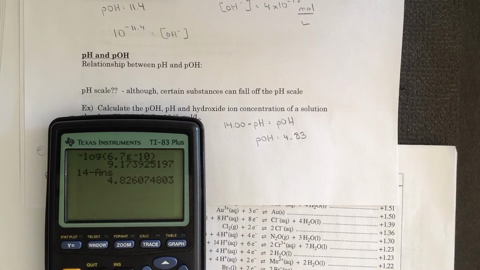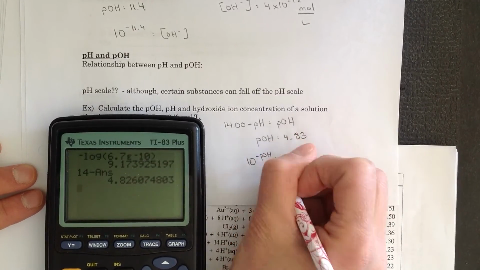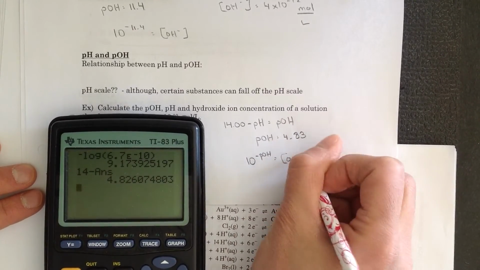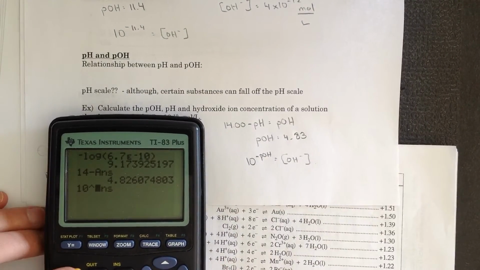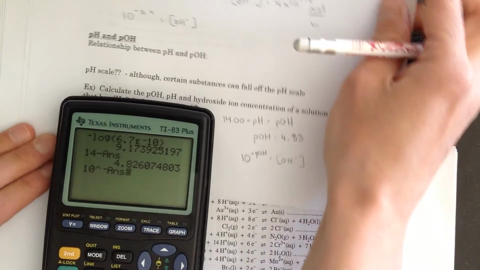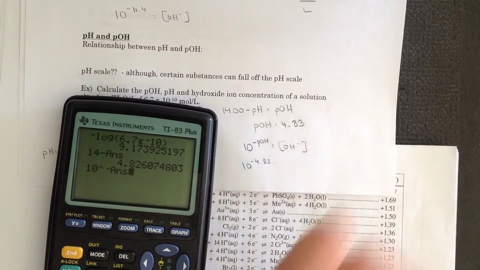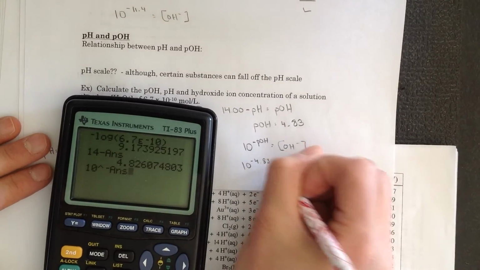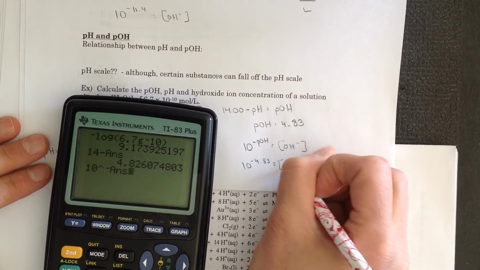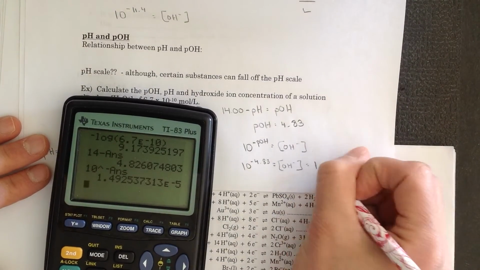Alright, so finally, what's the last thing we can find? Our OH. Okay, so I know that pOH is equal to my hydroxide ion concentration. I go 10 to the negative answer that I have. Okay, and essentially plug in negative 4.83, but remember that's your answer in your calculator, so it's the value there, okay, equals my hydroxide ion concentration, so I'm going to end up with 1 point,